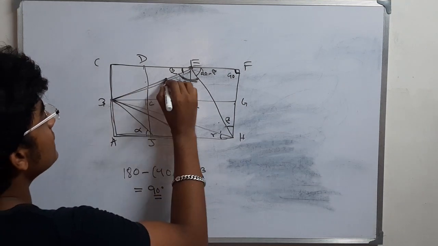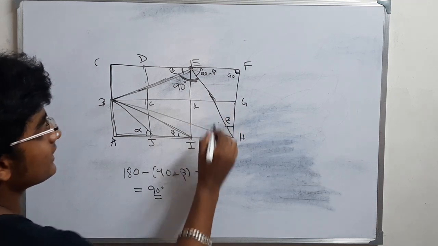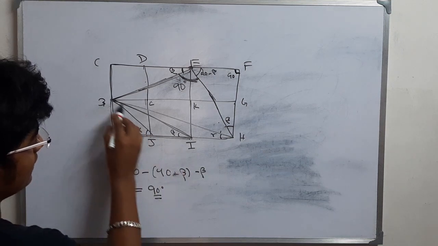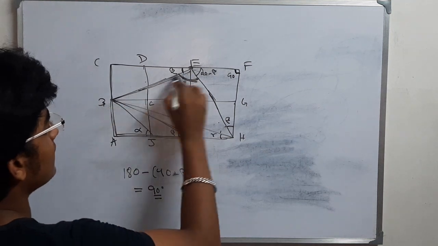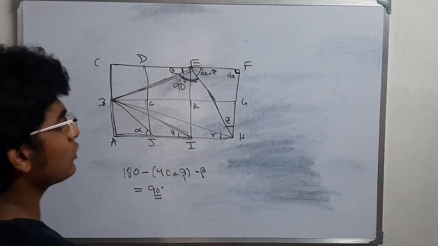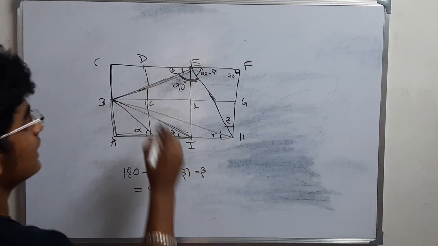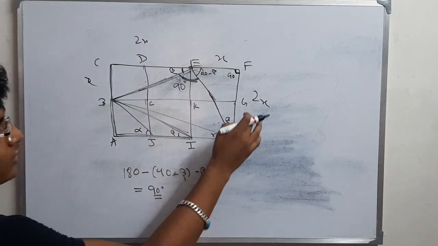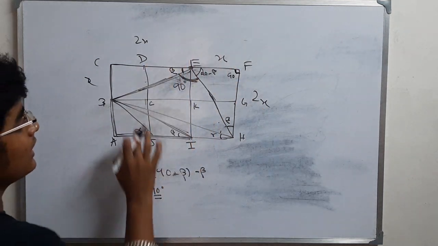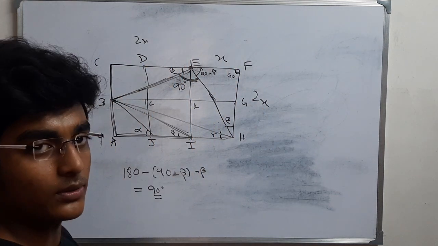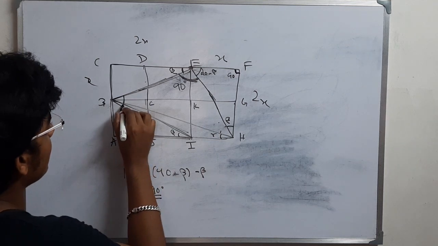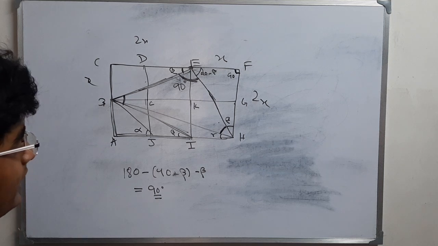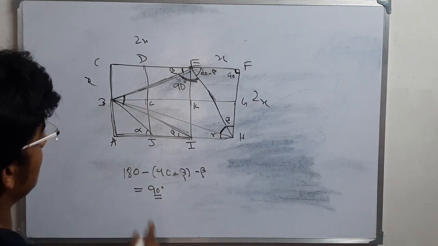Now this particular side and this particular side are the same in length, by comparing with this triangle. You can also analyze it using the length of the hypotenuse. This is 2x, this is x, this is also 2x and this is x. So this is root of 2x whole squared plus x squared, and this is also root of 2x whole squared plus x squared. They are of the same length, so this angle and this angle will be the same. This is a triangle.